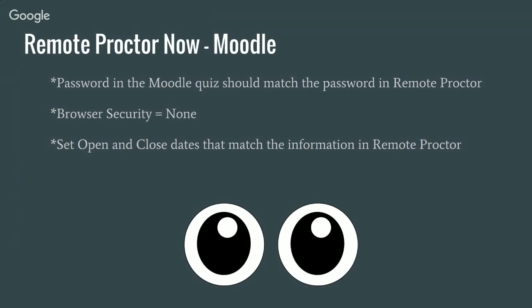There is a field you need to watch for in Moodle, and I have a screenshot. I'll show you this field. It's called Browser Security. It should default to none. Every once in a while, it doesn't. So you want to make sure that's none, because if it's the other one, which I think is like pop up in a new window or something, it won't work. So we went round and round with the student one time trying to figure that out, and that's what it ultimately was. And then you're going to set your open and close dates that match what you put in Remote